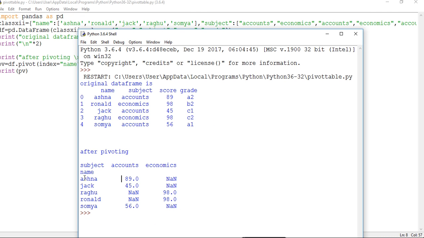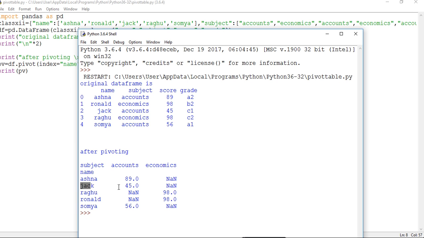See here, for ASNA the marks, means score, of accounts subject is 89 and in economics it contains NaN, means there is no marks assigned for economics to ASNA because ASNA has no economics subject. That's why this is missing.